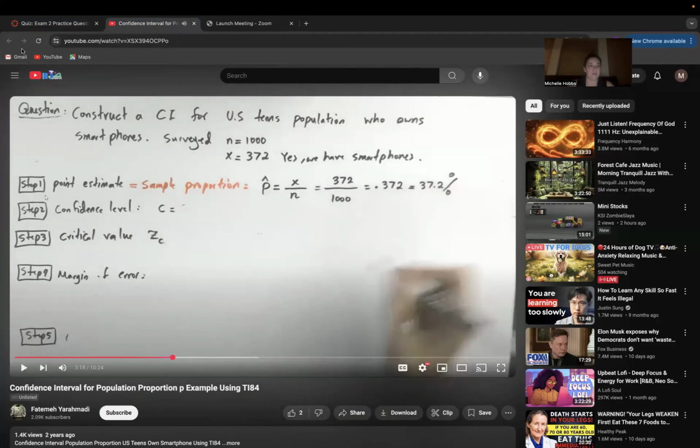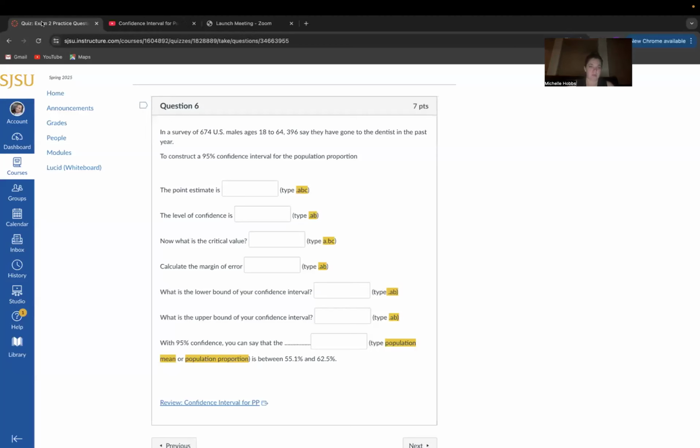Doing this in my calculator real quick. So it's going to be 372 divided by